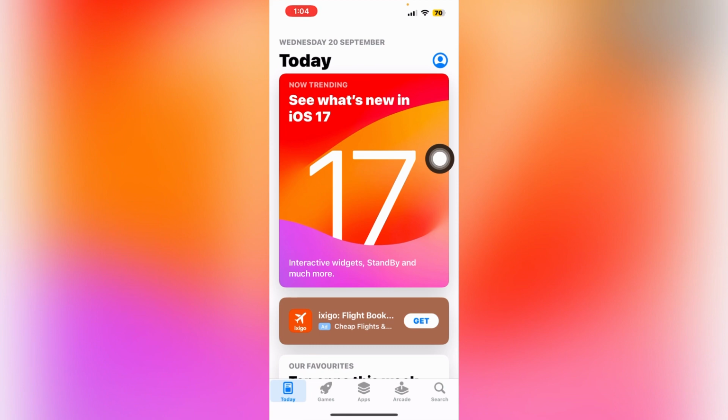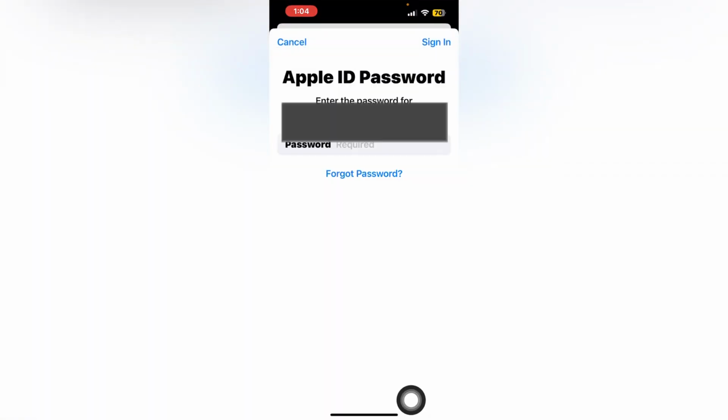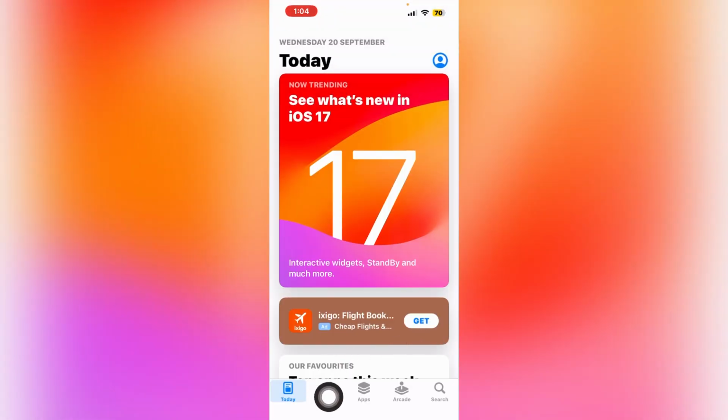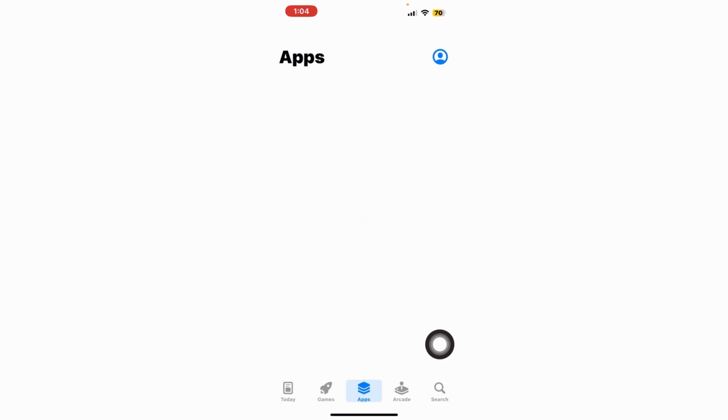When you tap on App Store, here at the bottom you can see search, and here is Arcade, and here is Apps, and here is Games. If you want to download apps, then tap on Apps. Wait, I just cancel. Here's the Apps tab. Tap on Apps. Then after that, from here,